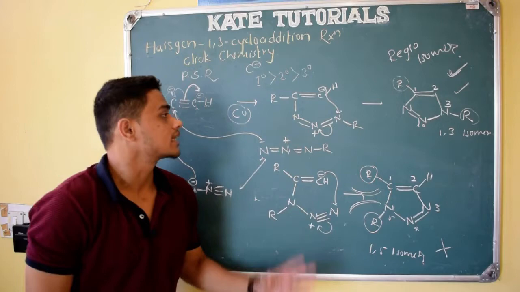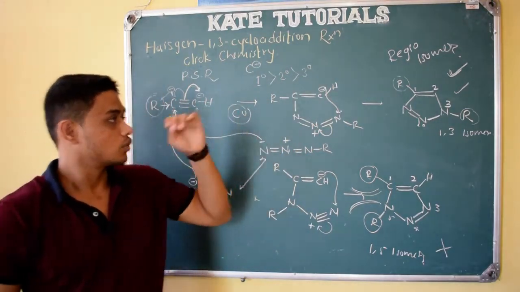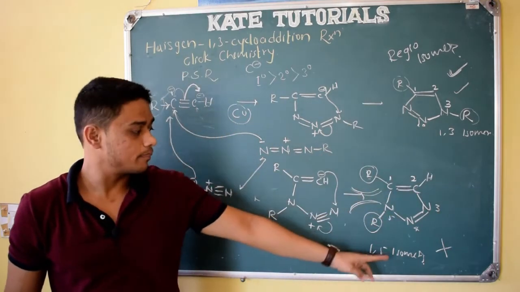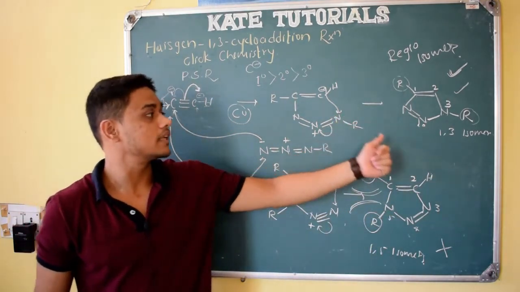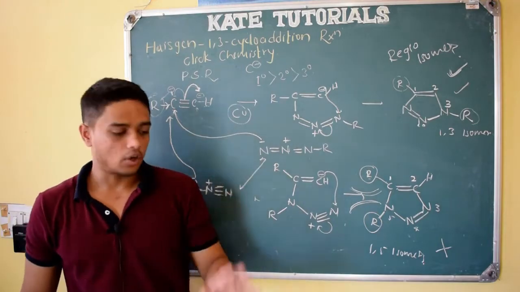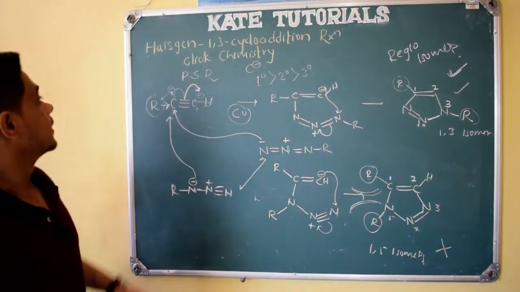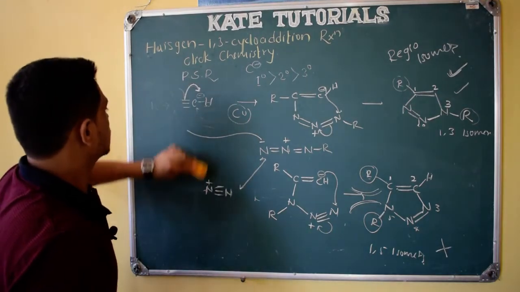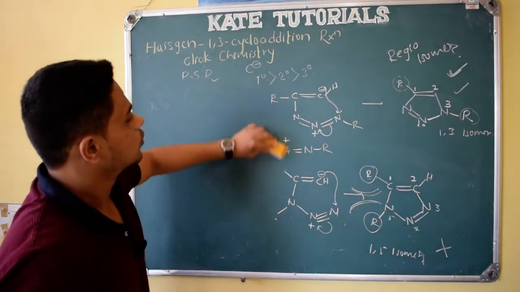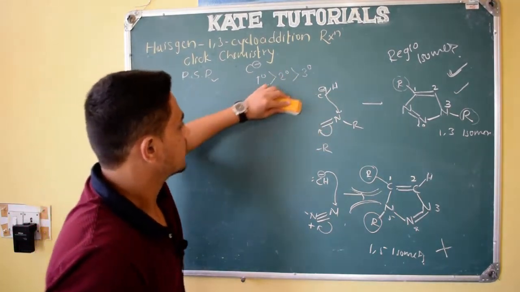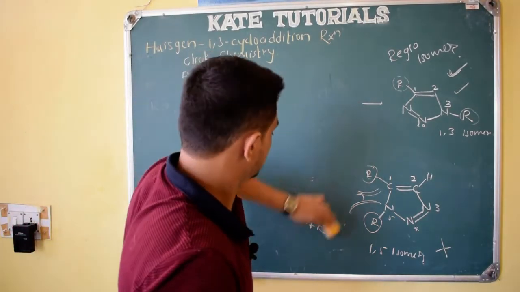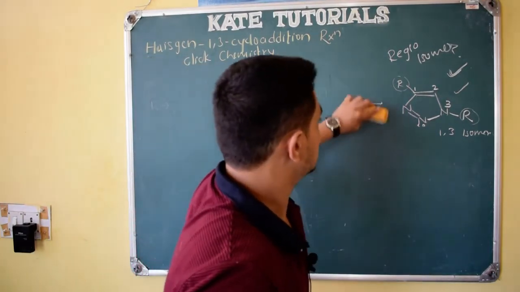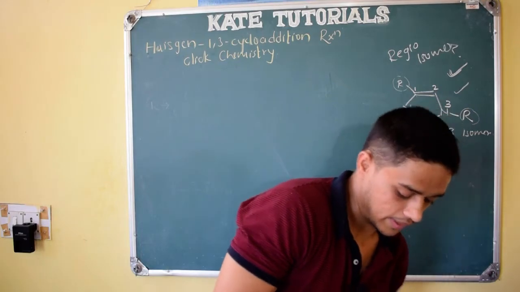So this chemistry is called click chemistry. We got only one product, that too the 1,3 isomer, in major compared to the 1,5 isomer when we used copper as a catalyst. That is all about click chemistry or the Huisgen 1,3 cycloaddition reaction, right? So if I use copper, how do we get only this product? They have given us the mechanism, so let me tell you that. We get only this regioisomer if I use copper.